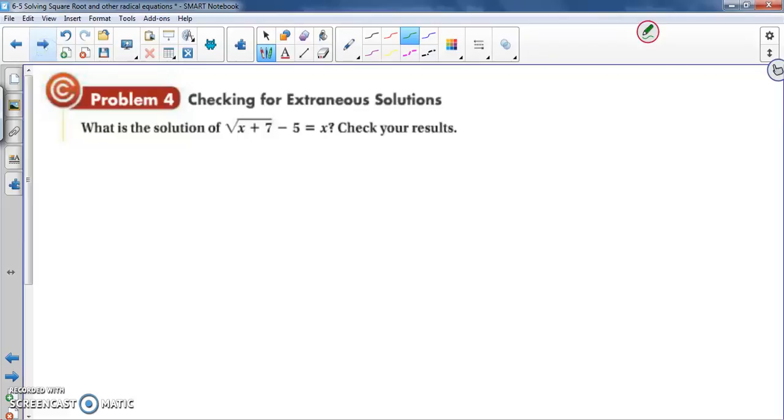Checking for extraneous solutions. We're going to solve like we've been solving, and then we are going to plug in our solution. So I need to isolate my radical. The square root of x plus 7, minus 5,